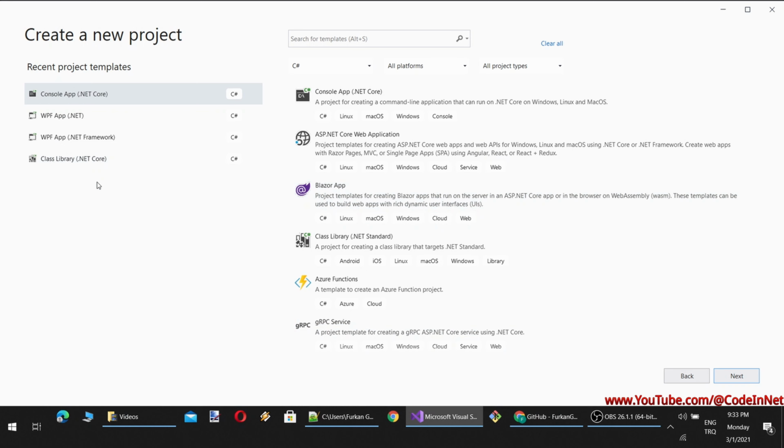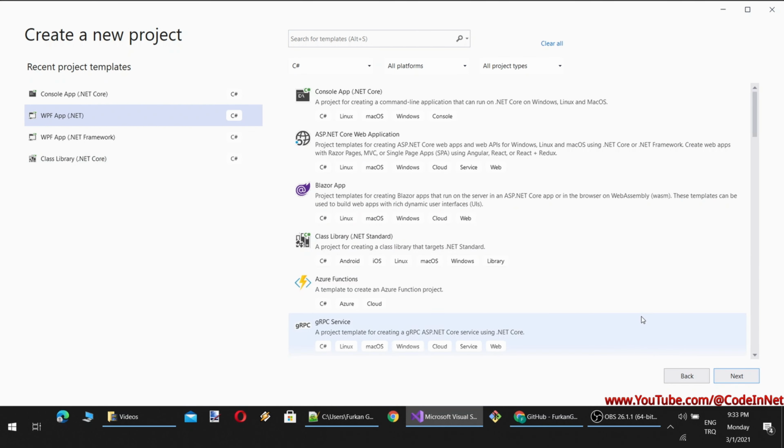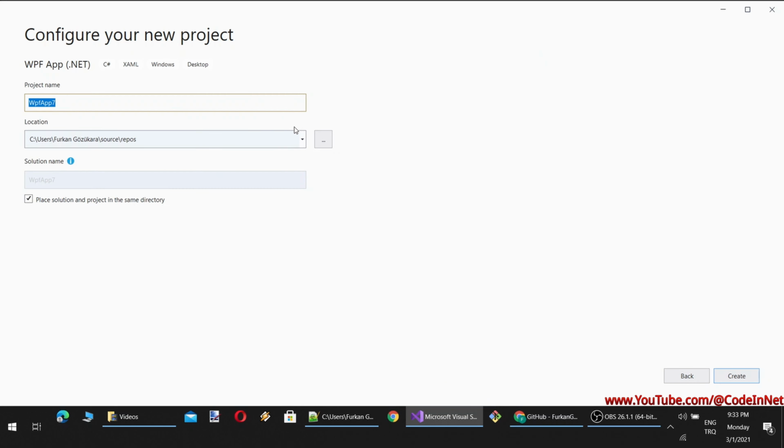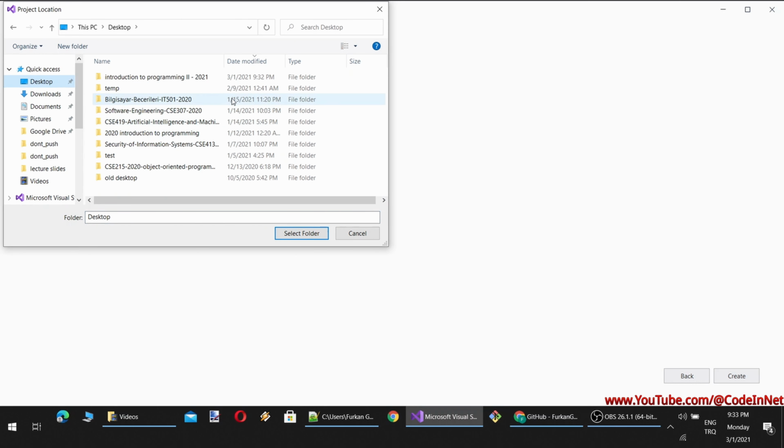Alright, so we will be using WPF .NET, not console .NET. You see, WPF .NET is actually WPF .NET Core, but it is now named as WPF .NET, and the classical .NET is named as .NET Framework. As for developing applications, there isn't much difference. However, .NET Core, now named as .NET, is the newer version. It will be used from now on. It will be developed further. It is the newest technology. It is better. So let's start with composing our first application.